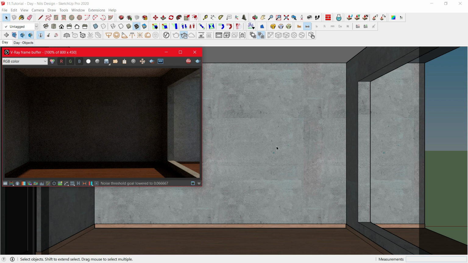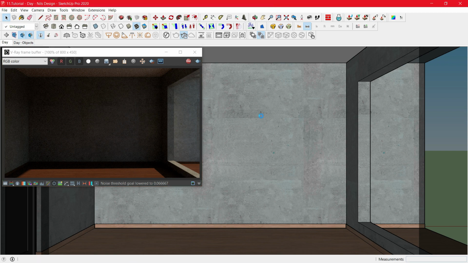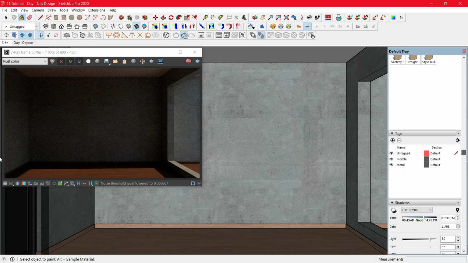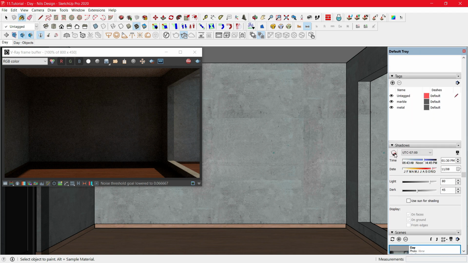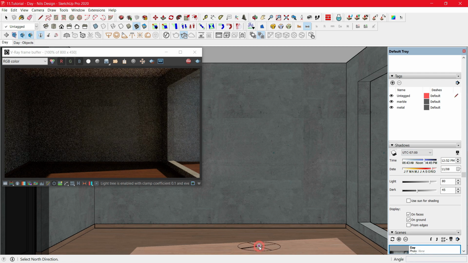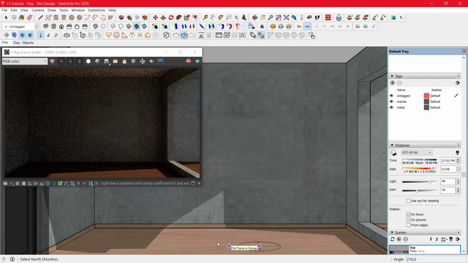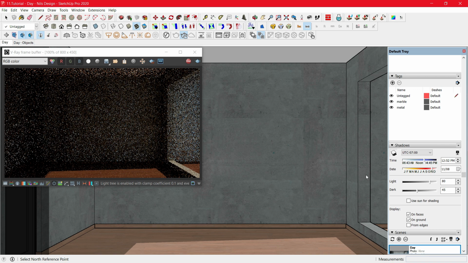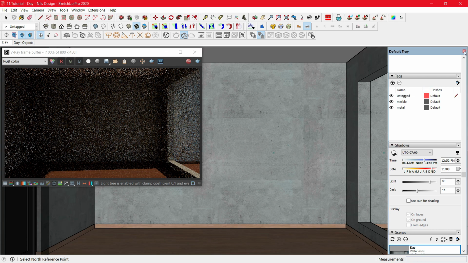At first we have to adjust the sun position, meaning the direction in which the sun rays are emitting. To do so, click B, scroll down to shadows. Now enable it and you can shift the slider to change it. If you have the plugin called Solar North, position on the floor, then just click and try rotating it and just hit click. Then you can disable the shadows and close the default ray.